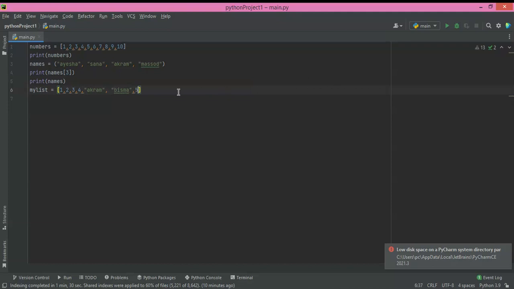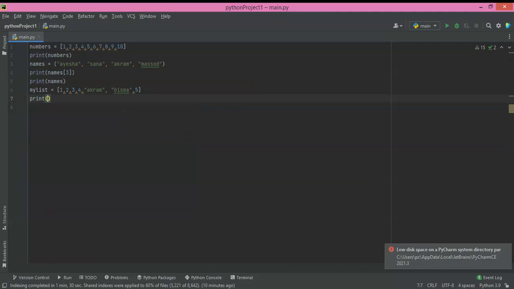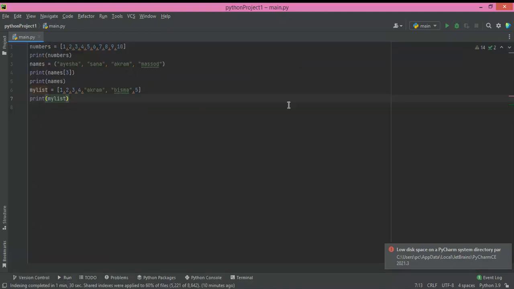Now I can write 5, and now I can print all of this as my list. And you can see that the heterogeneous list has also been printed. So these are the three types of list that you can print.